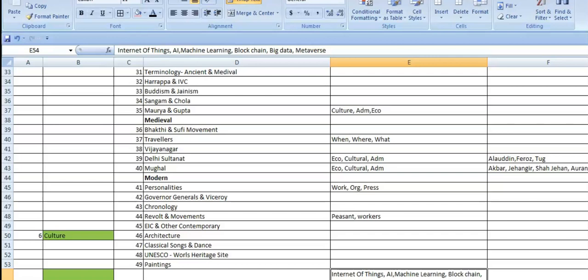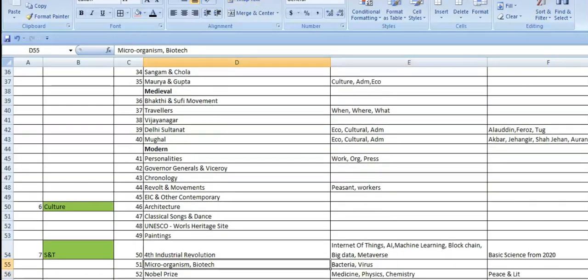And from 2020, basic science has gained more popularity in terms of the prelims examination. So you have to learn the basic fundamental science. Okay. Apart from that, you have to concentrate on the microorganisms like the bacteria, the virus, after this COVID, what are the virus, how it is a deviant, the upgrade of the virus, what are the vaccines developed, biotechnology that you have to do, nanotechnology that you have to read. Okay, just make yourself aware of these things.